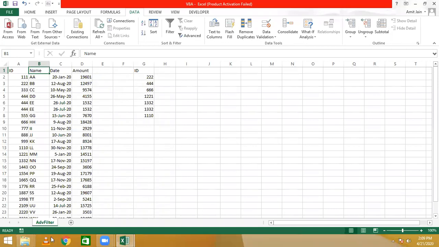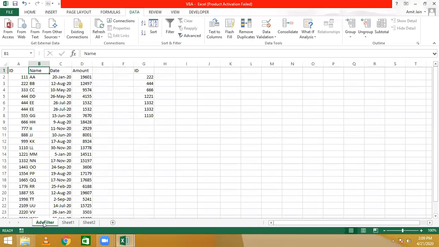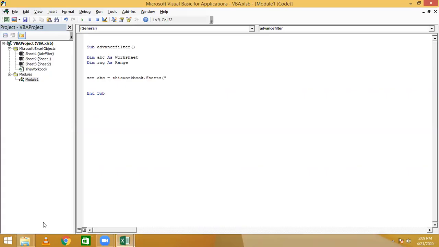For example, if we have many other sheets, Sheet 1, Sheet 2, then whichever sheet needs to be followed, we will copy the sheet name and paste it here, inverted comma, close the bracket, enter. So now ABC is the advanced filter sheet. When we write ABC, we are referring to the advanced filter sheet.